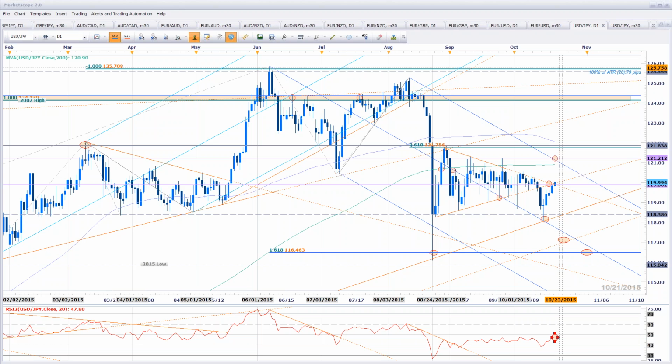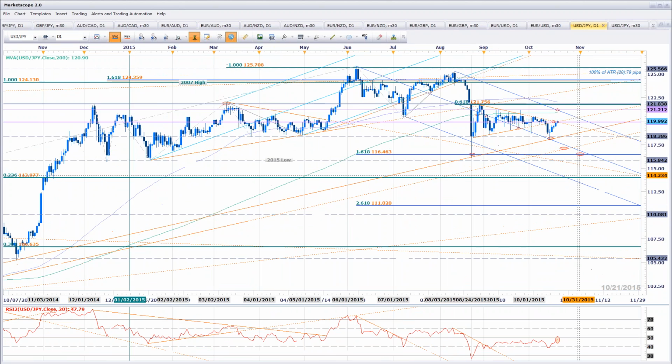Christopher says, what a hideous pair to trade most of the time. Chop City. Yeah. You know, dollar yen, Chris, is great when you get the broader directional trades, right? When you get the drop-offs, the break of the monthly opening range in August was a free-for-all. Even a break of the initial May opening range was a very nice rally. But when you get into these types of consolidation, yeah, not interested.